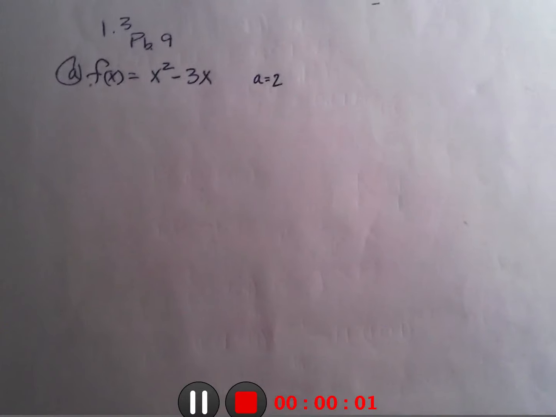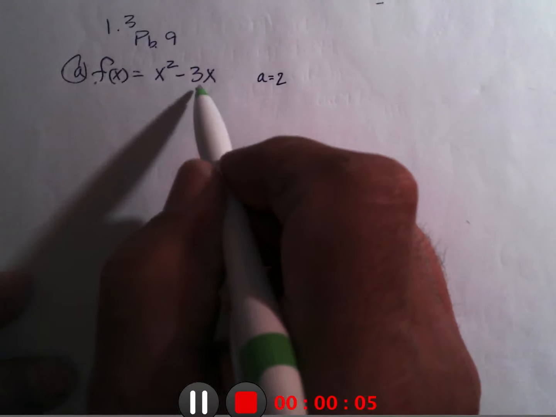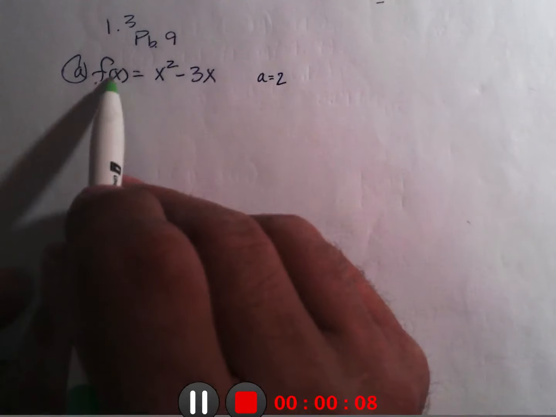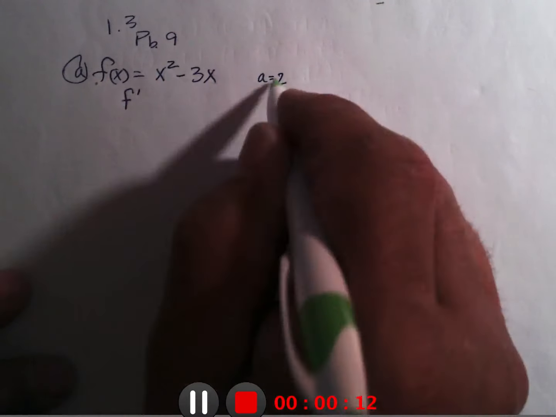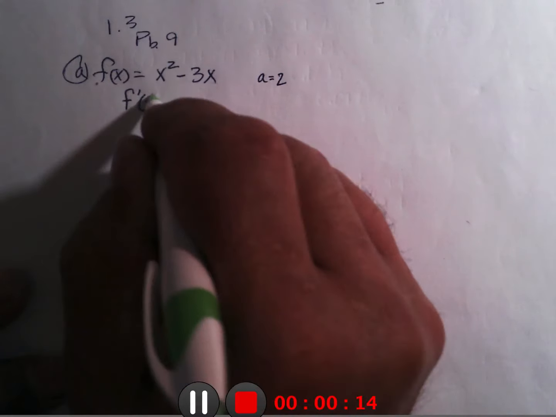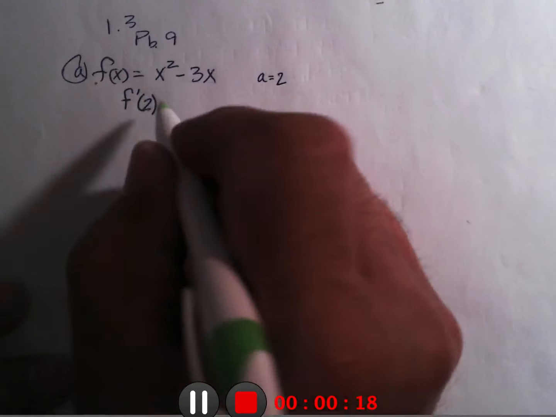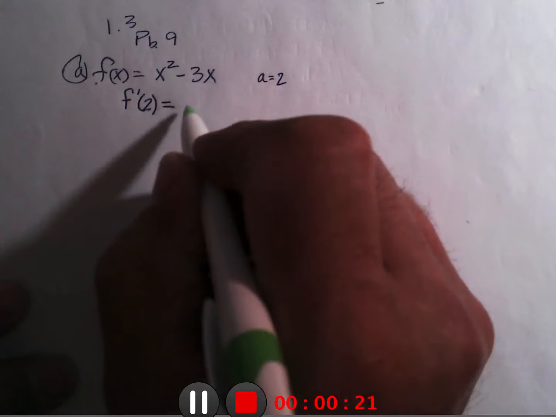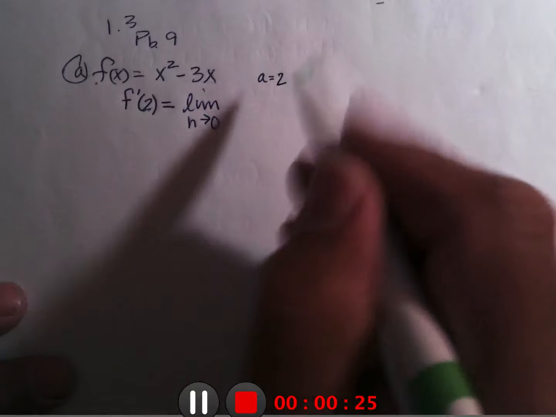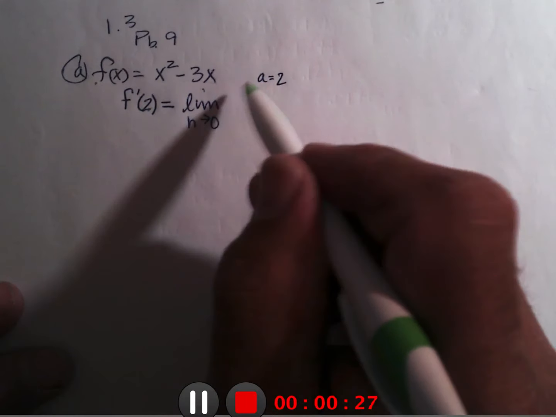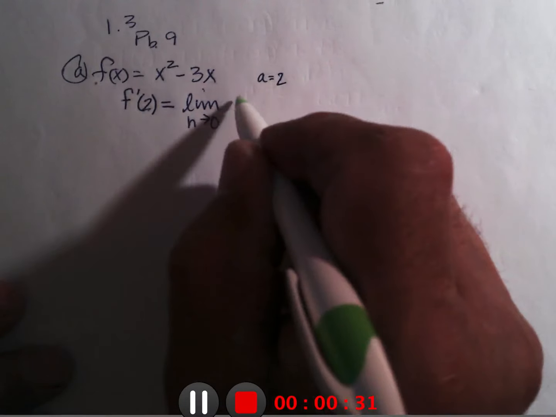6.3, problem number 9. Here's A, and we're supposed to find the f prime at 2. So that's instantaneous slope at 2. And the formula for that is the limit as h approaches 0 of the function with 2 plus h in it. So that'd be 2 plus h